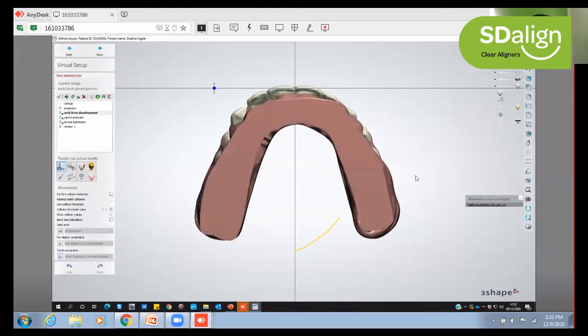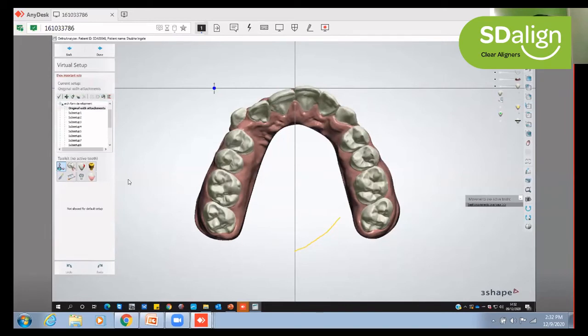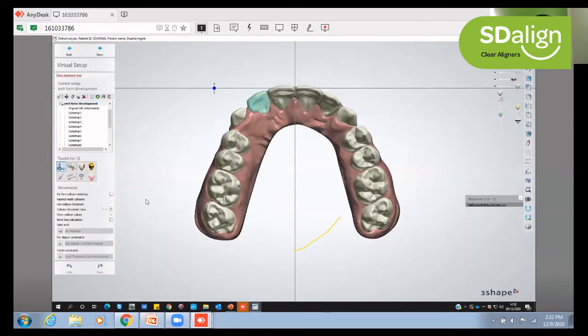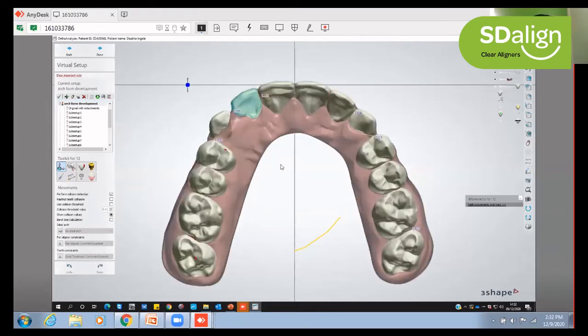I'll minimize the lower arch because the upper is the main correction here. We will see every 5 sets how it is working. We can also analyze per stage the amount of tooth contact. This is a very important feature. If I turn on the collision, we can see how much the contact is between each tooth, or how tight the contact is, so that it facilitates easy correction or less locking of the teeth while they're getting corrected.